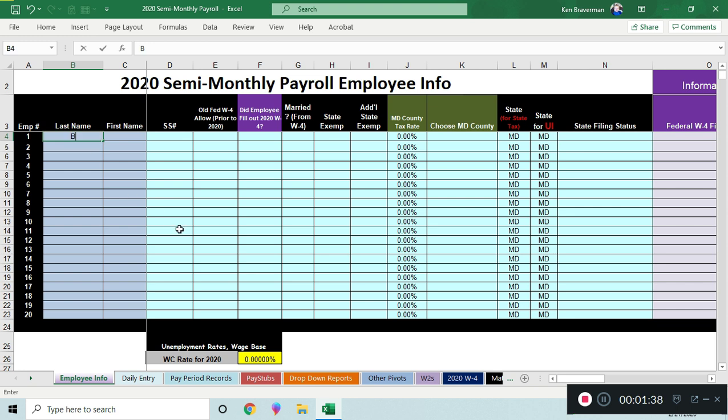Employee info. All right, let's say I'm hiring my new business, right? That's me. I'm going to pay myself in my business, and I'm hiring a new employee too, right? Newbie, somebody. You can put in their social security number if you want, or you can just do that later whenever you need to in the other source. I recommend leaving it blank here for the most part. Anyway, so let's talk about